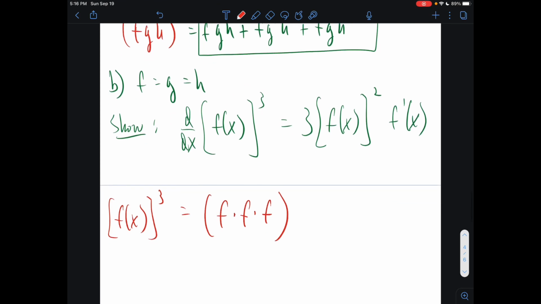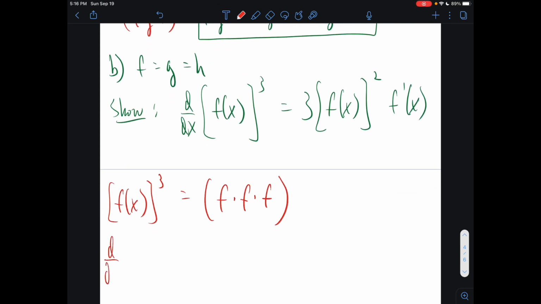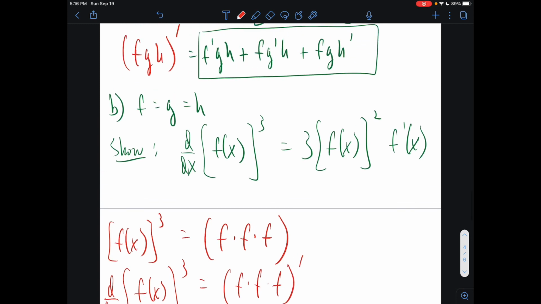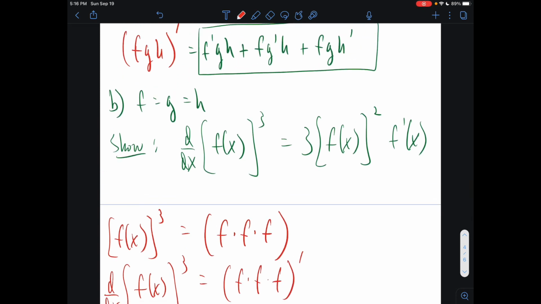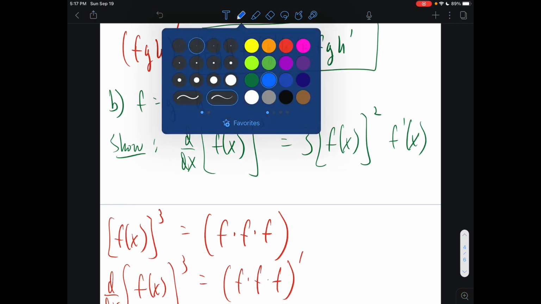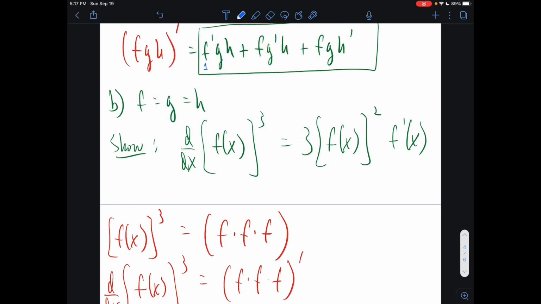So the derivative of that is just f times f times f prime, which you can see what this is going to become, right? If you think of things as first, second, and third, which is why I wrote those things alphabetically,